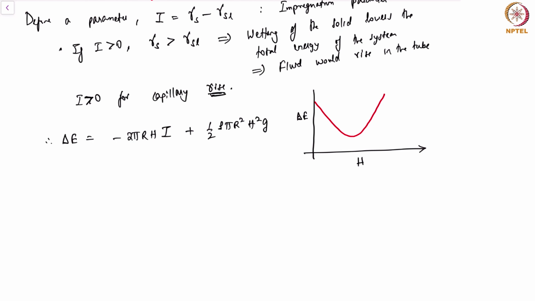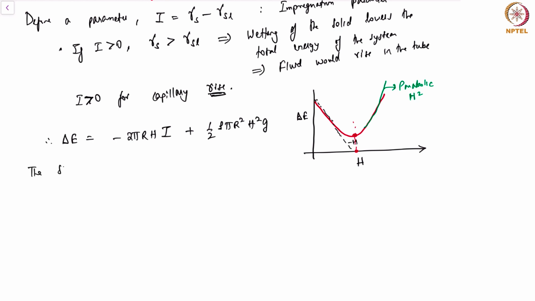So we have, this is the linear reduction. This is the slope of minus h, and the second part here is parabolic, the dependence is h square. So clearly there is a minima that you can expect. There is a special h, and to get that h, what we simply do is